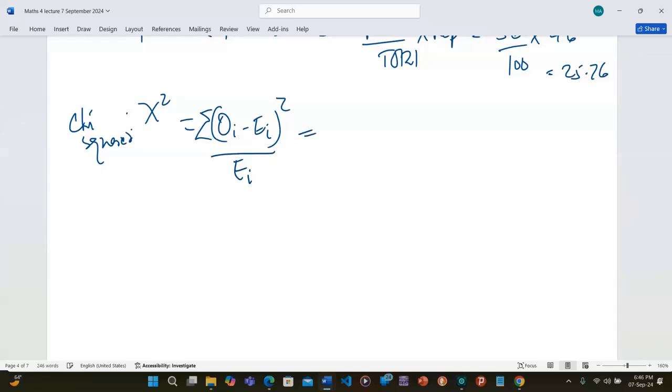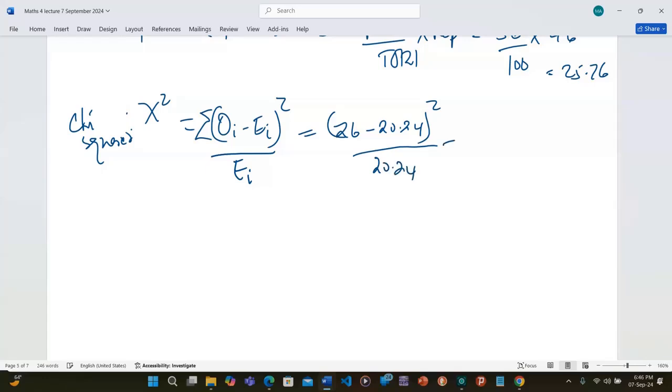For example, for males who are Republicans, you get 26 minus 20.24, you square. You divide it by the expected value, which is